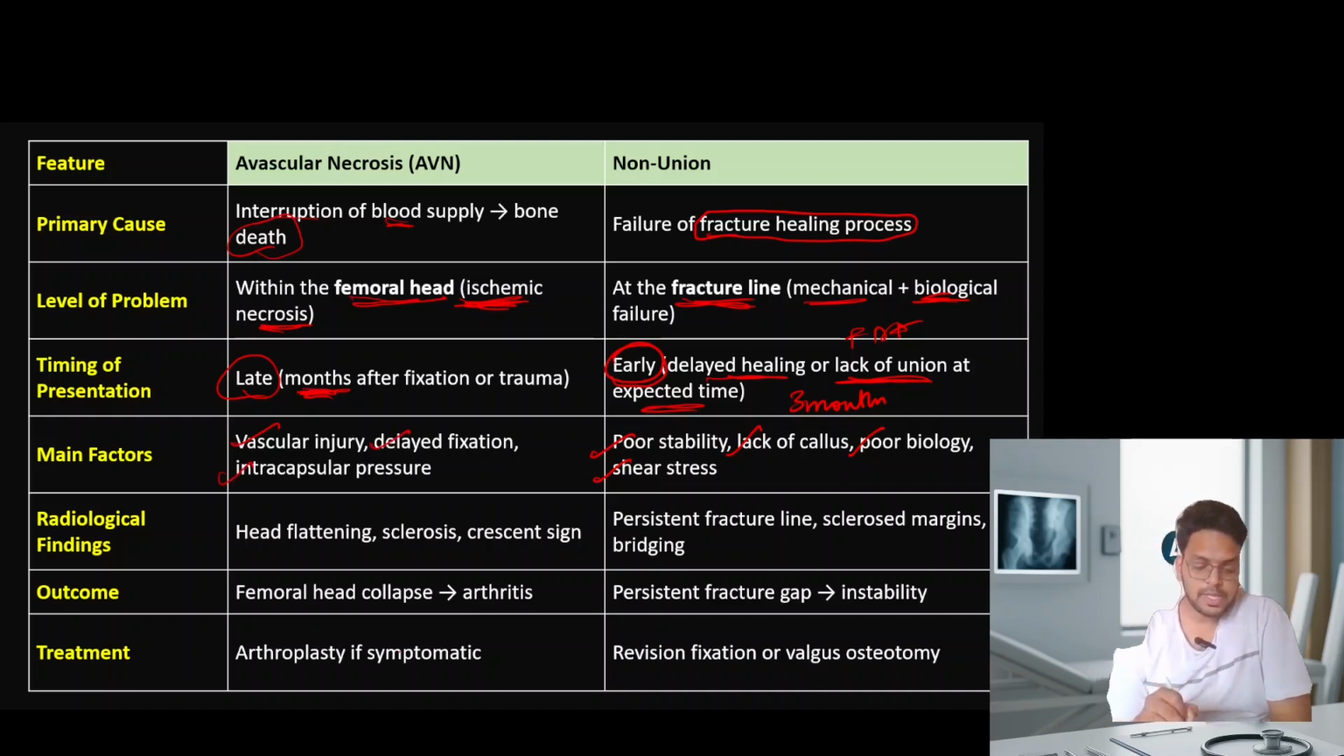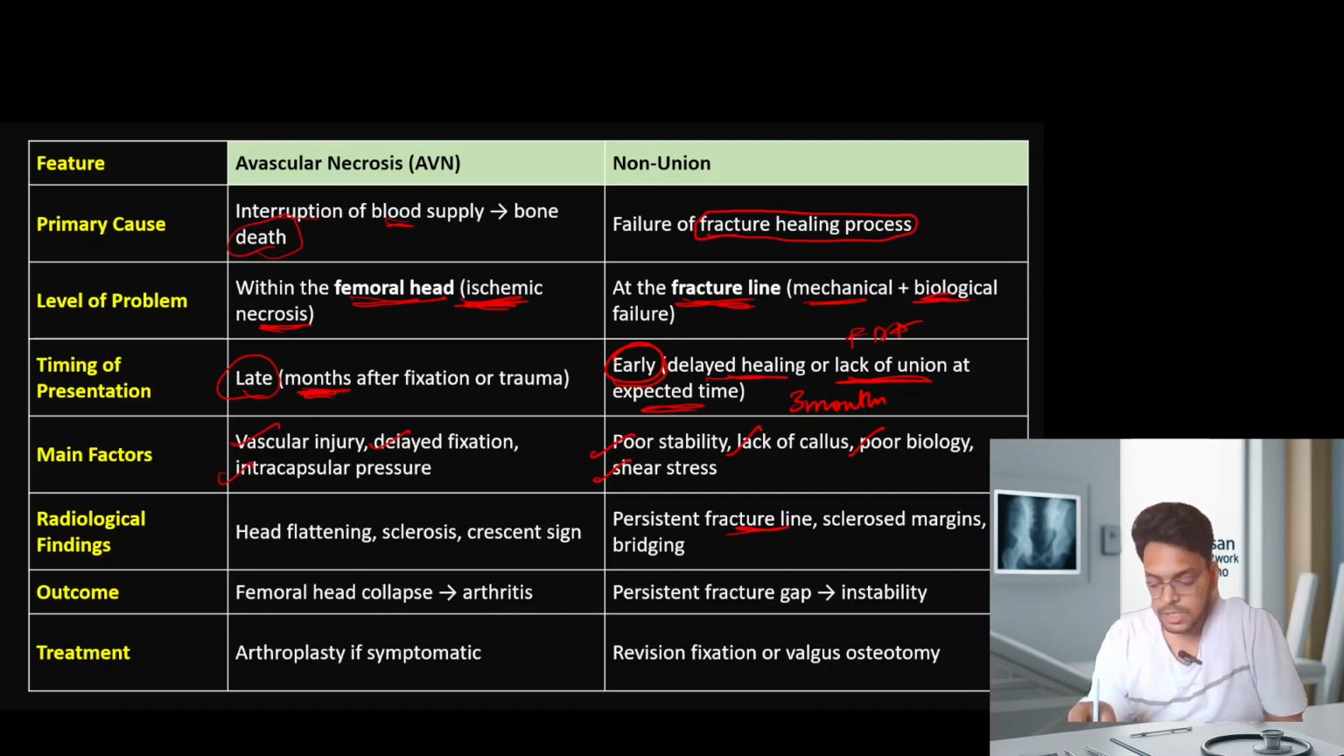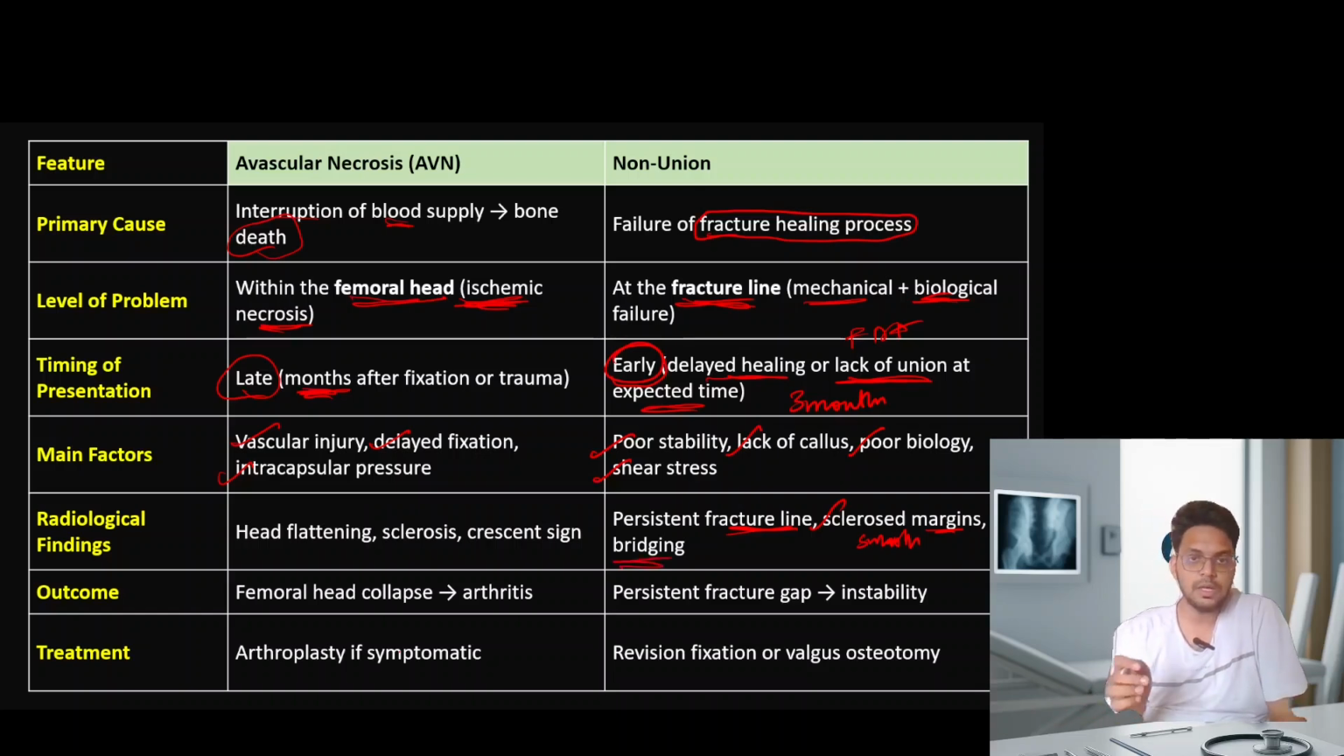tamponade effect. Then the radiological findings seen on X-ray in non-union and avascular necrosis: in non-union the fracture line will be persistent, the margins of the fracture line will be sclerosed and smoothened. The fresh fracture will have sharp edges, but a late non-union will have smooth edges, and there is no bridging callus between the fracture. Okay, but in avascular necrosis, because of the damage or the bone death, the head becomes flattened. The weight bearing portion of the head becomes flattened, and the head will have sclerosis